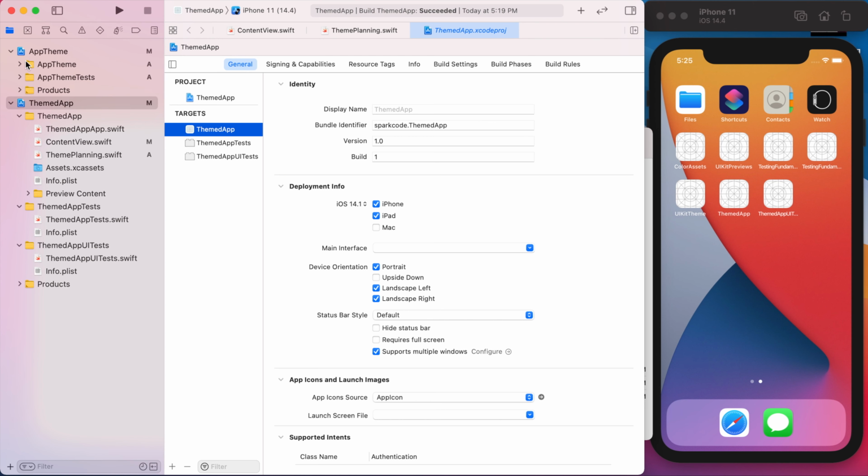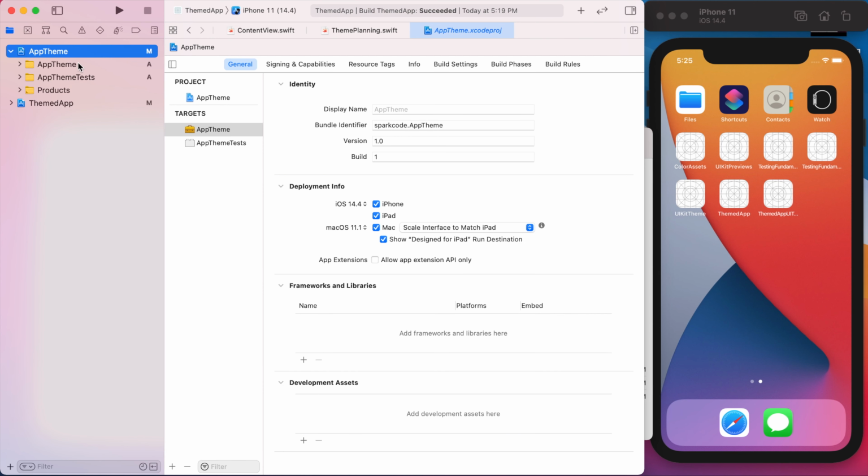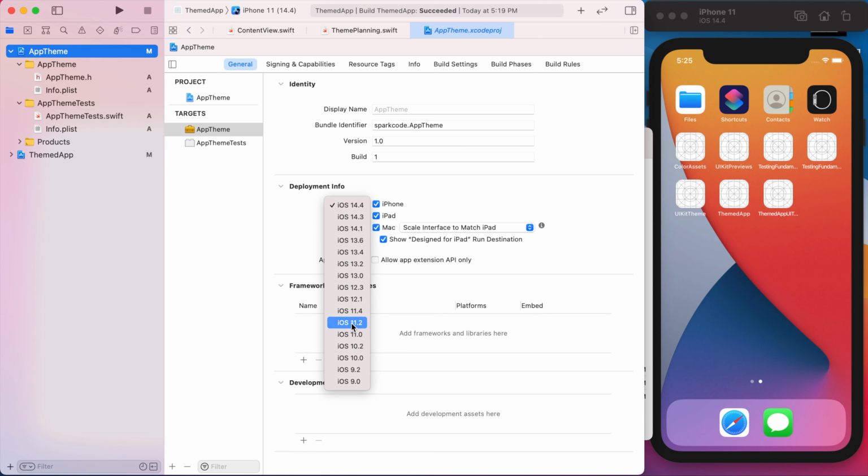So now we have our framework, which is separate than the app. Now this is more of a preference thing. I tend to like it more as a separate framework than as being in the app, but you could just as easily add it to your app directly instead of doing a separate framework. So if you want, just do it in your project, but I like it more in a framework. Okay, so